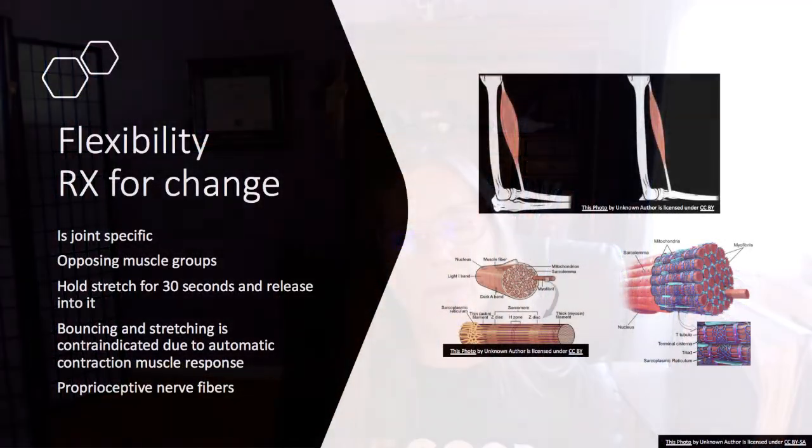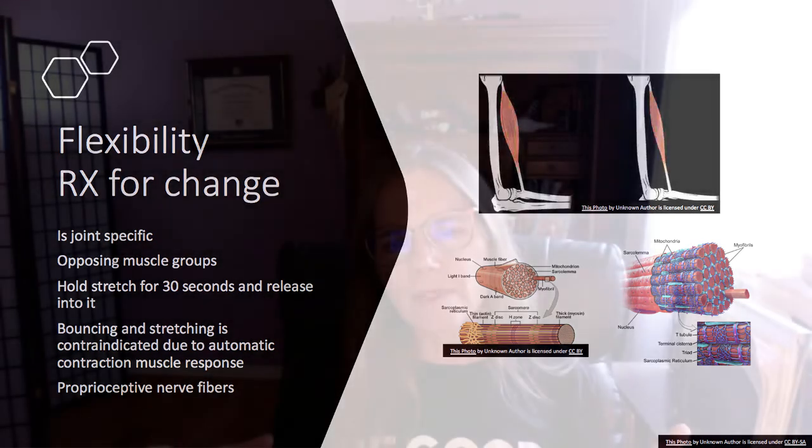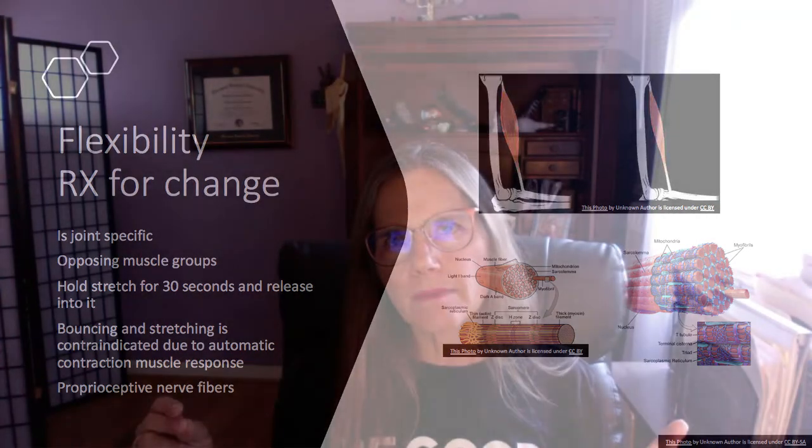You hold the stretch for 30 seconds. You release into the stretch. In other words, you're not bouncing. A lot of times you see bouncing and forcing. And what happens with bouncing and forcing a muscle group is, if you look at these muscle fibers here, what happens is the muscle fiber, if it's being overstretched immediately, right, with an impact, like if you're bouncing or you're forcing a stretch, the muscle fiber will actually